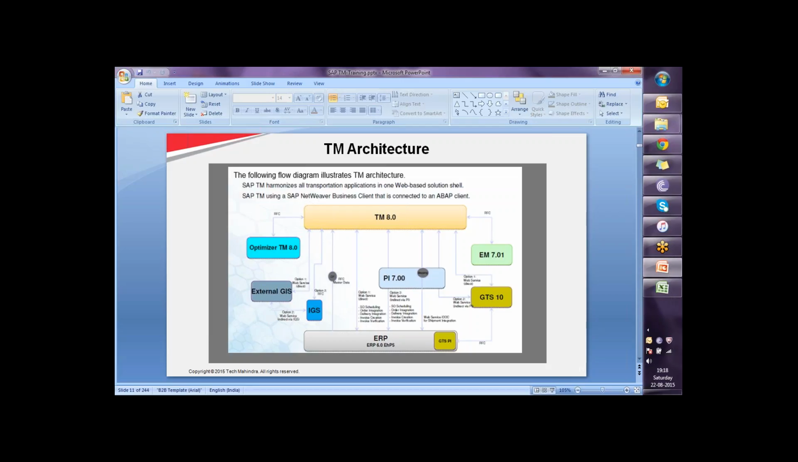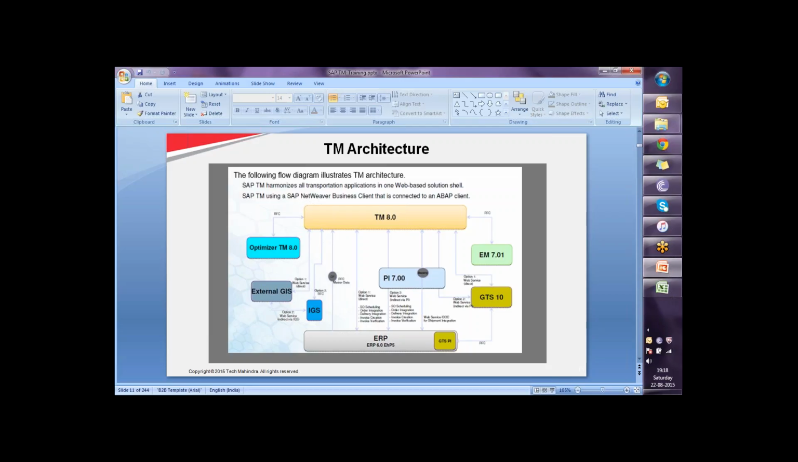We rely on GTS because we have certain requirements like compliance-based and customs-based requirements. Then we also have integration with PI because we have to do process mapping with ERP. For example, we have settlement to address, or we are doing revenue recognition or profitability transfer. Then we have